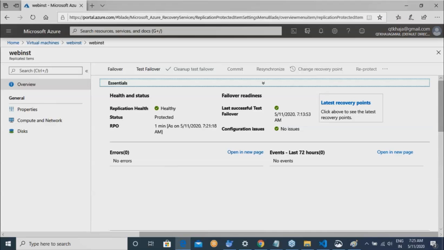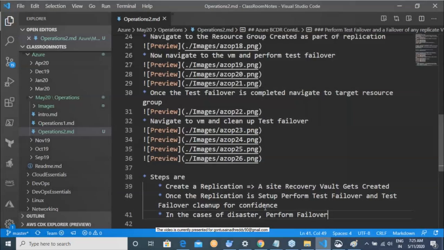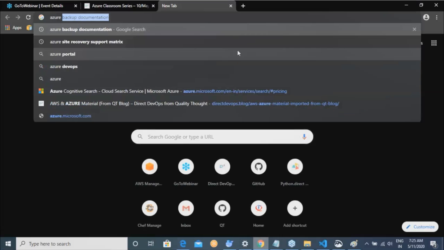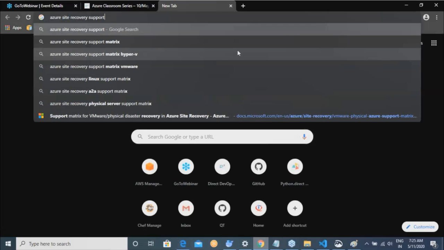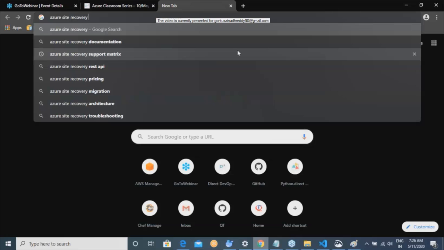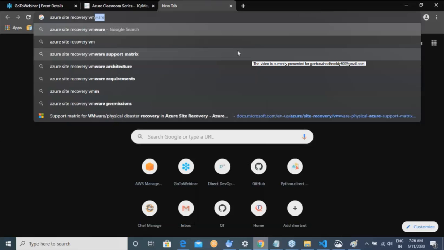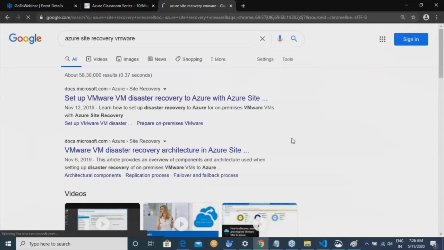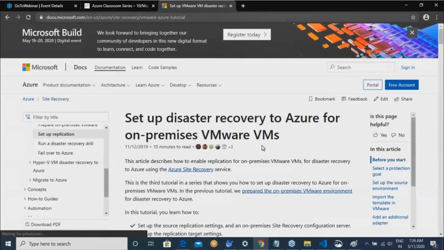Let me try to show you one scenario. I'll go to Azure Site Recovery. I'll go with the VMware kind of stuff. Don't worry about this stuff.